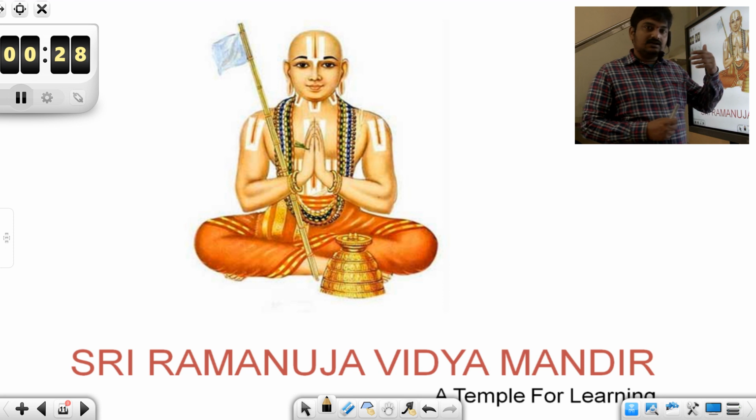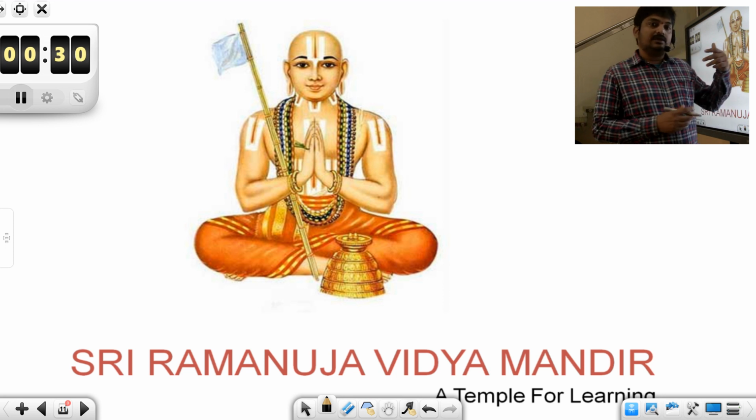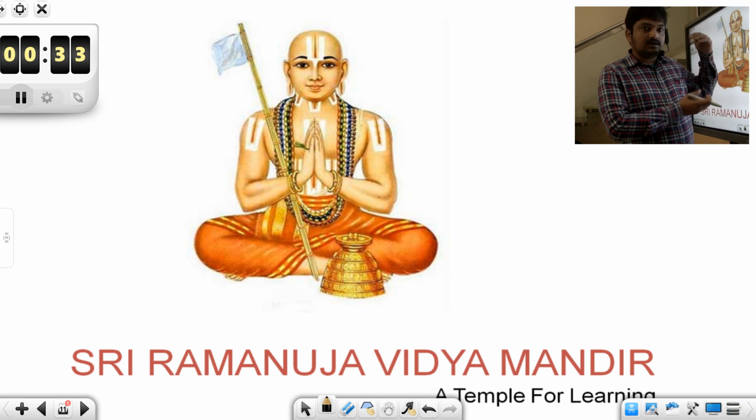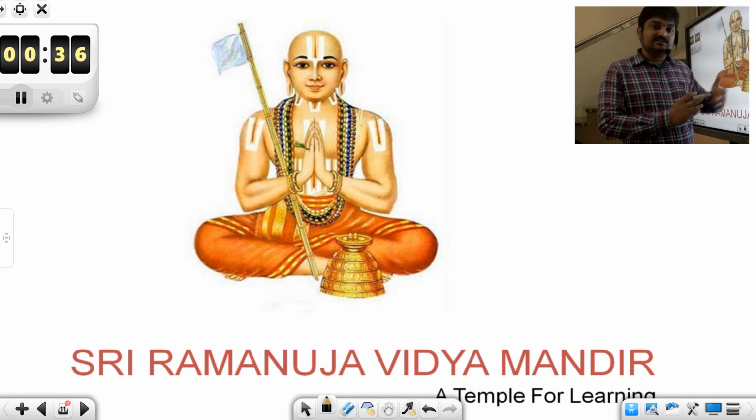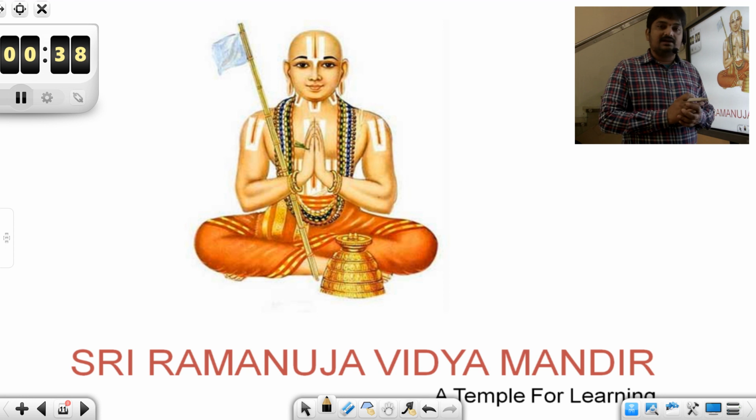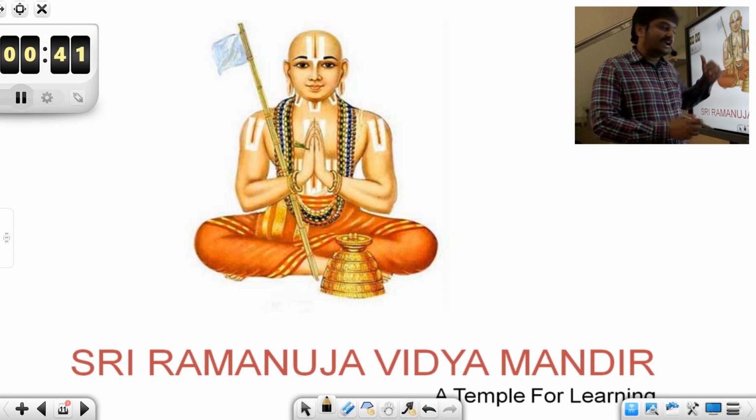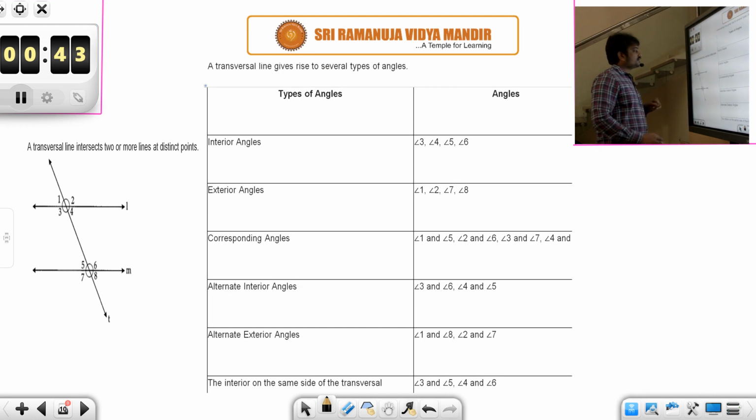We wound up our previous discussion while discussing two parallel lines and a transversal, that is, a third line which cuts the given two parallel lines. Then we saw that 8 angles would be formed. Suppose L and M are two parallel lines and T is a third line which intersects L and M. Then 8 different angles are formed, labelled 1 2 3 4 5 6 7 8, and all these angles have specific names.